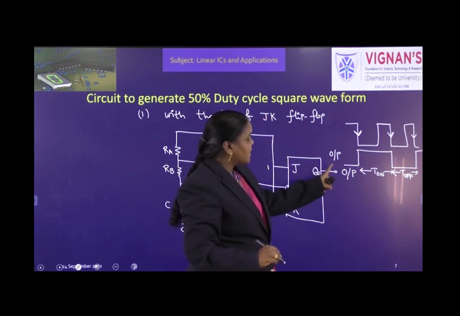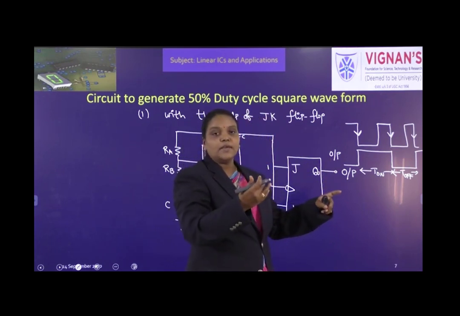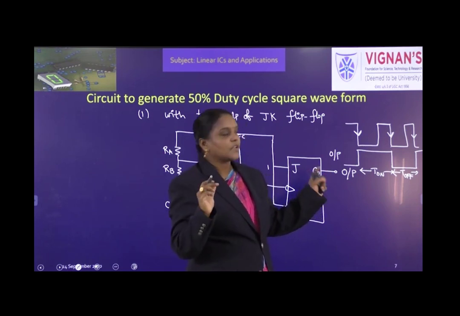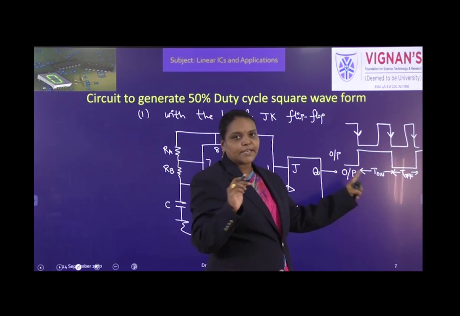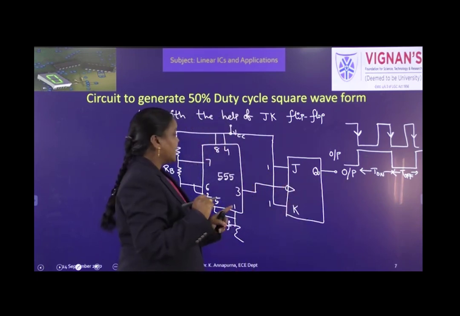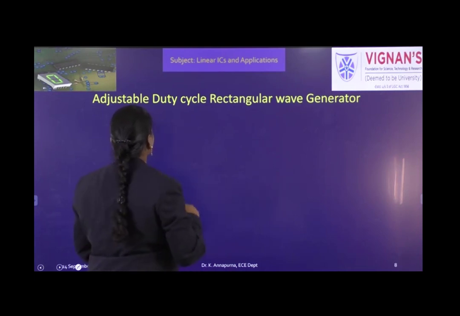But here the time period of the final output is double the astable multivibrator time period. That means the frequency will be half. But we will get a 50% duty cycle if we connect the JK flip-flop like this. Okay, and the second method is